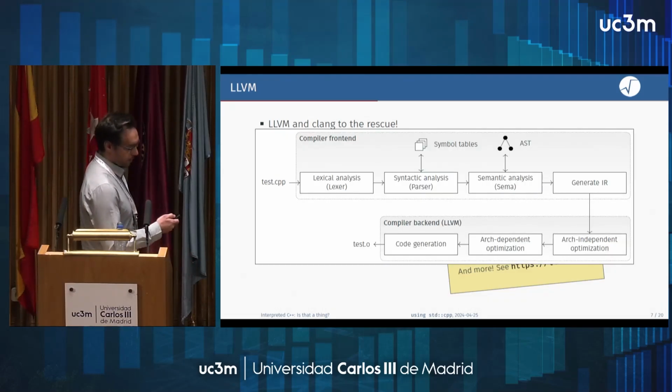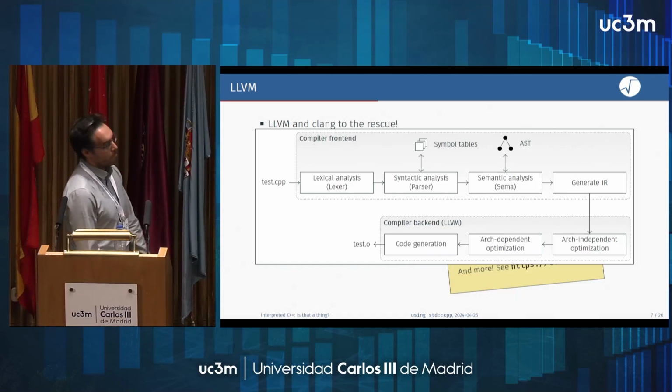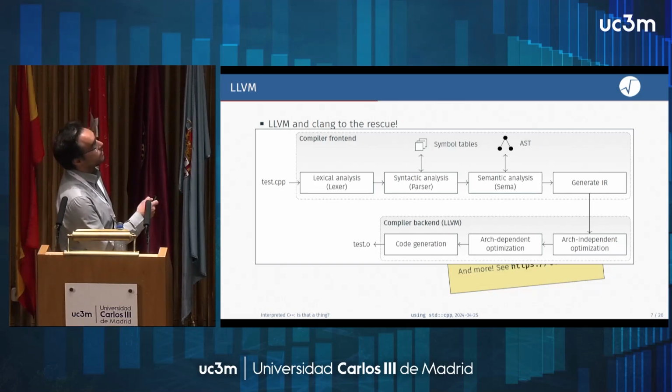This is, well, more or less a simplistic anatomy of a compiler. Basically we can distinguish two parts, what we call the compiler frontend and the compiler backend. The compiler frontend basically deals with all aspects of processing the